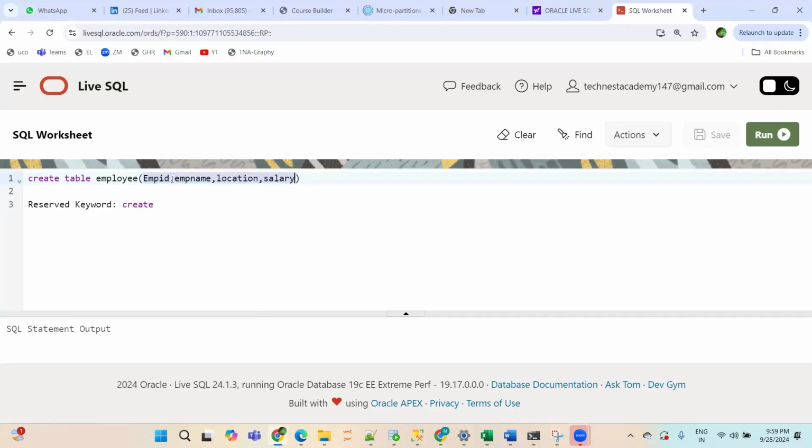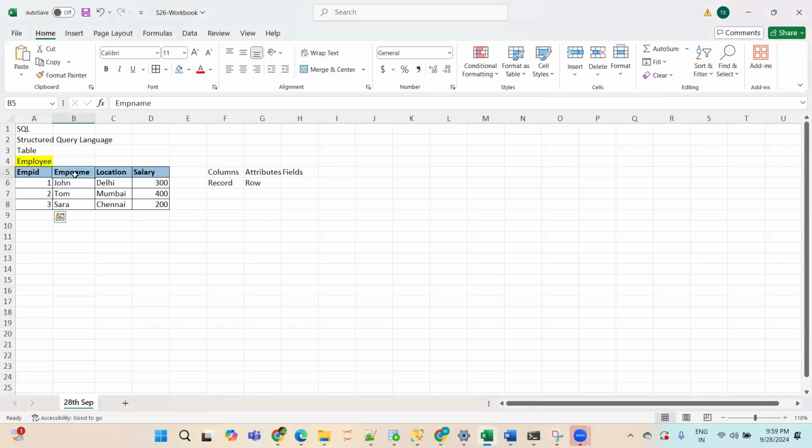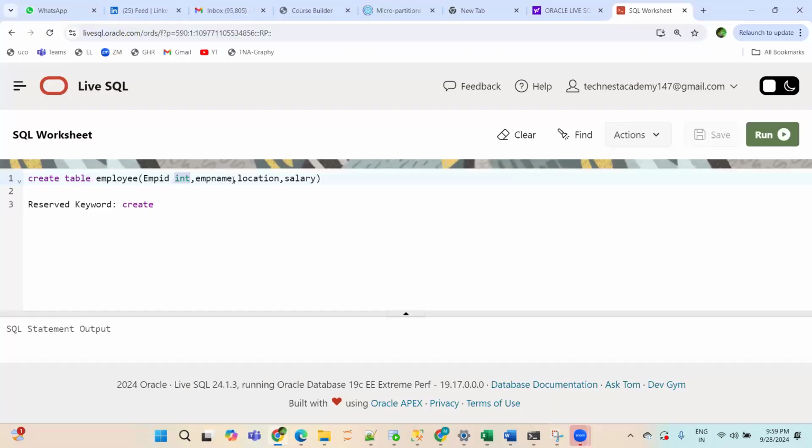So after employee ID, you have to mention int. Int means integer. It means you are telling the SQL engine that in the employee ID column, you want to store only integers or numbers. Then the next one is employee name. It has alphabets. So in a column, if you have to store alphabets, you have to write varchar.